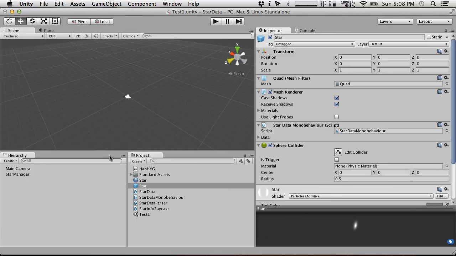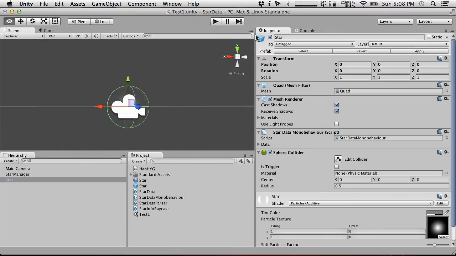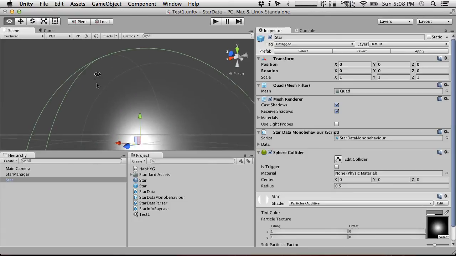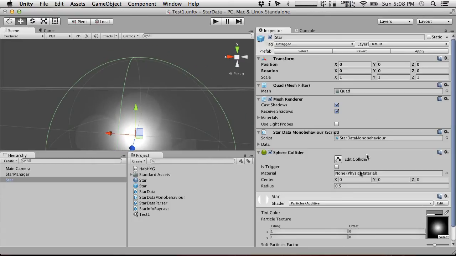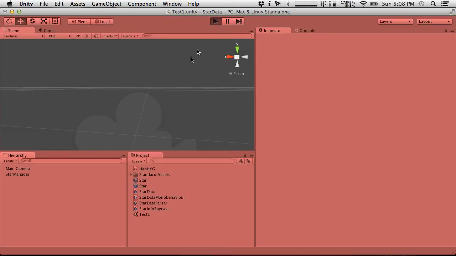And so if we pull one of our stars out, I just want to make sure that the collider is somewhat similar to the way the star looks. We can actually make the collider smaller. 0.3, yeah. And hit apply, and delete our thing. So now if we hit play,